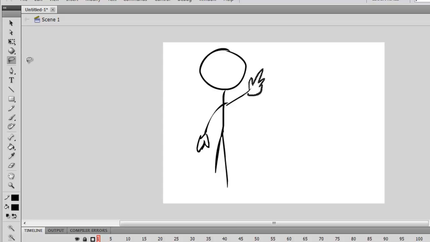But with every single tool, if you selected something and then you want to use another tool on it, all you have to do is click the tool. So like, let's say I wanted to select his leg right here, and then I want to rotate it. You can still do that. I don't know why you'd want to do that, but